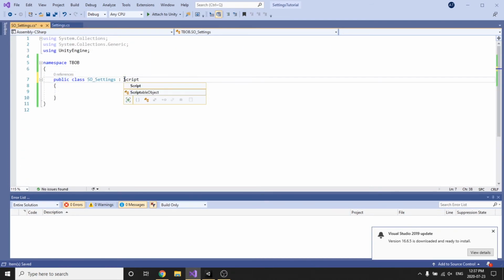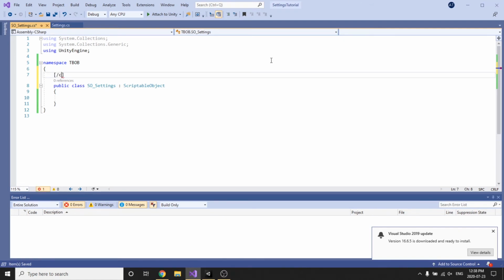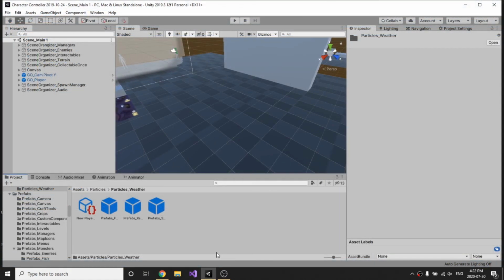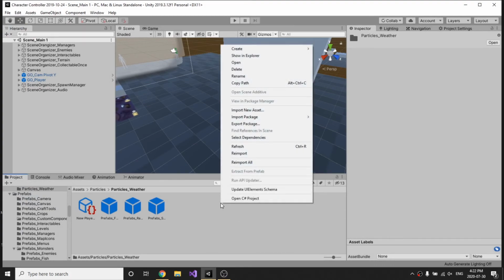Anyway, instead of inheriting from MonoBehaviour, we will change it to inherit from the class ScriptableObject. We also need to add the CreateAssetMenu attribute above our class. Now, this is where organization is very important. When you end up creating multiple scriptable objects, things can get really messy if your asset menu is not properly